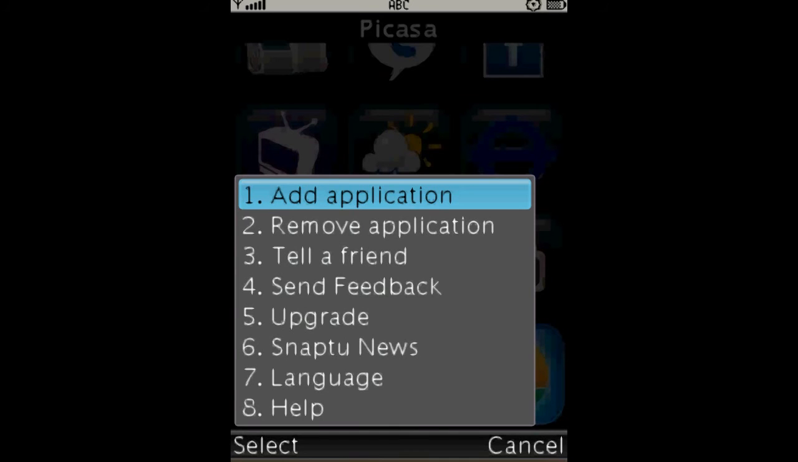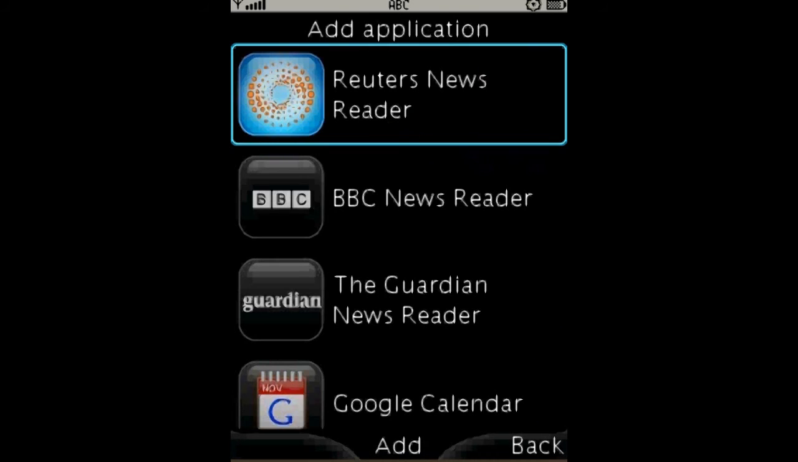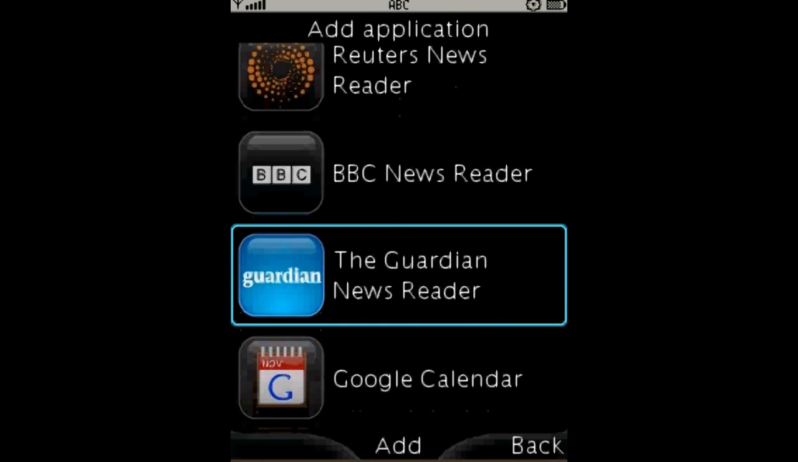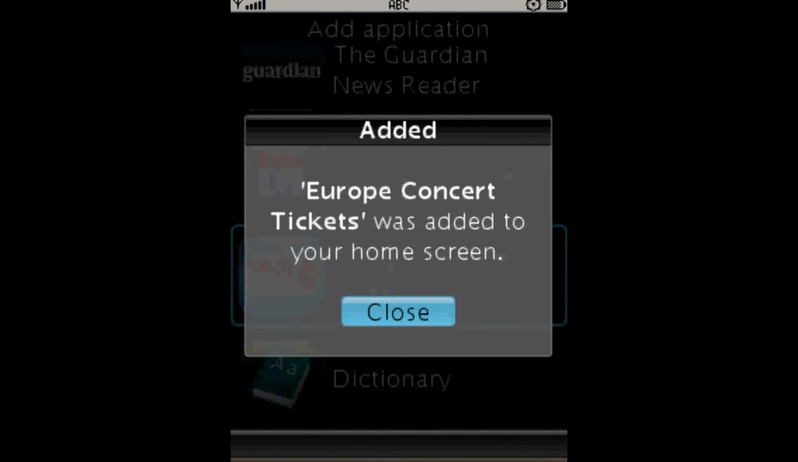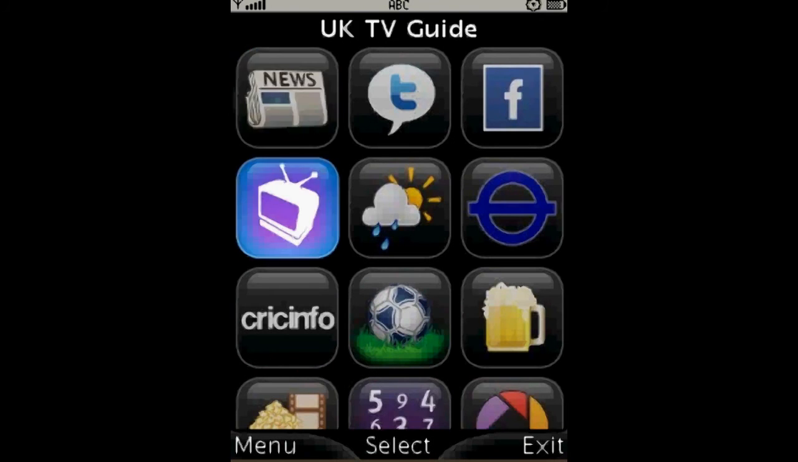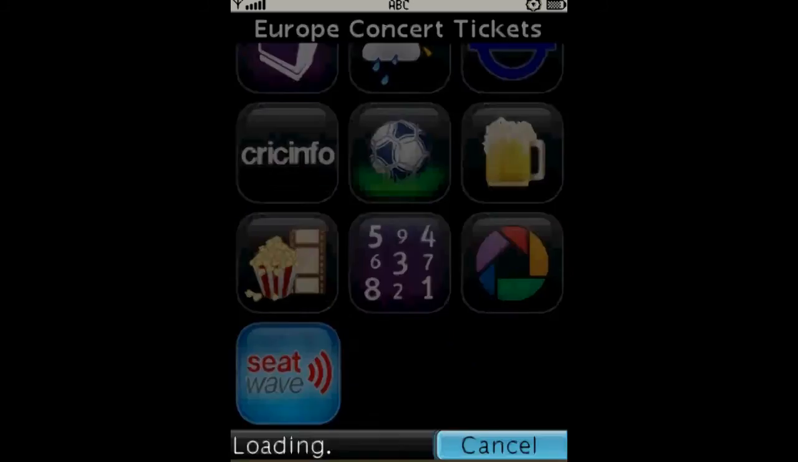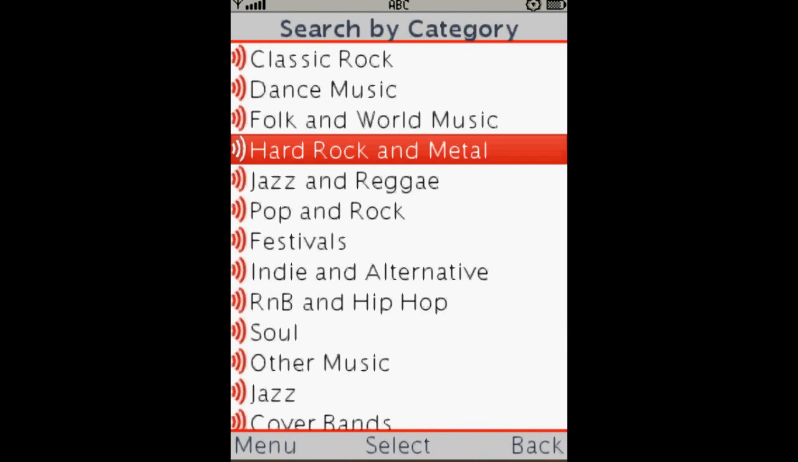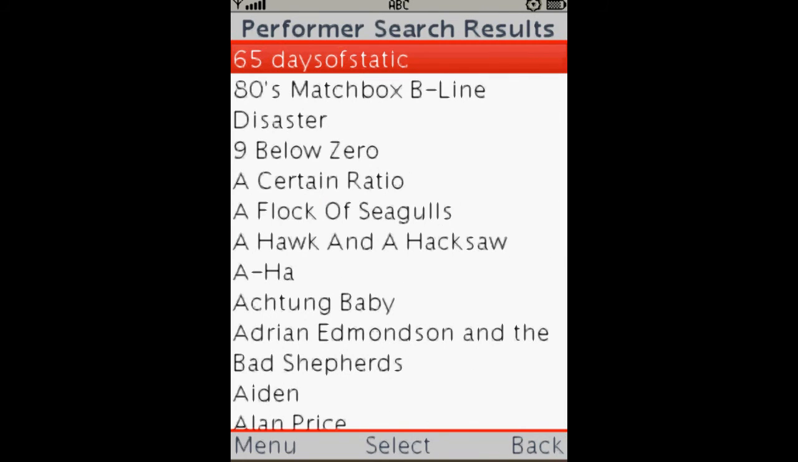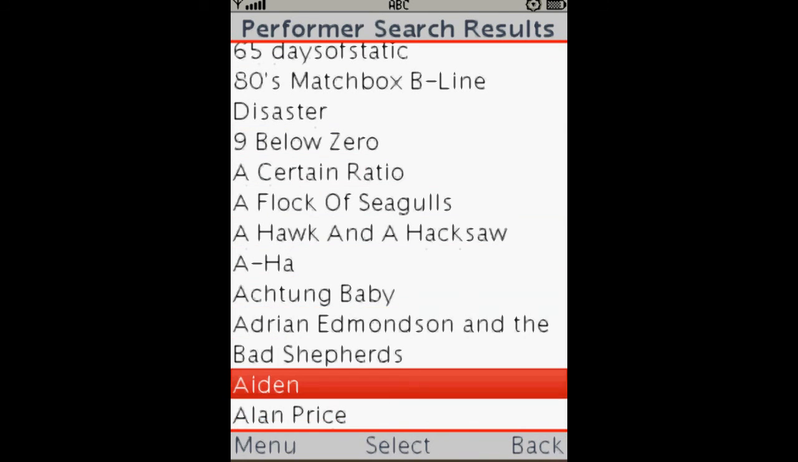I'll show you now how we add an application. We're constantly adding applications to our catalogue, and users can access these without any need to download anything. I'll add the Seatwave European Concert Ticket application. This is a fan-to-fan exchange for concert tickets across Europe. I'll go in and choose Pop and Rock and find a band that I might be interested in